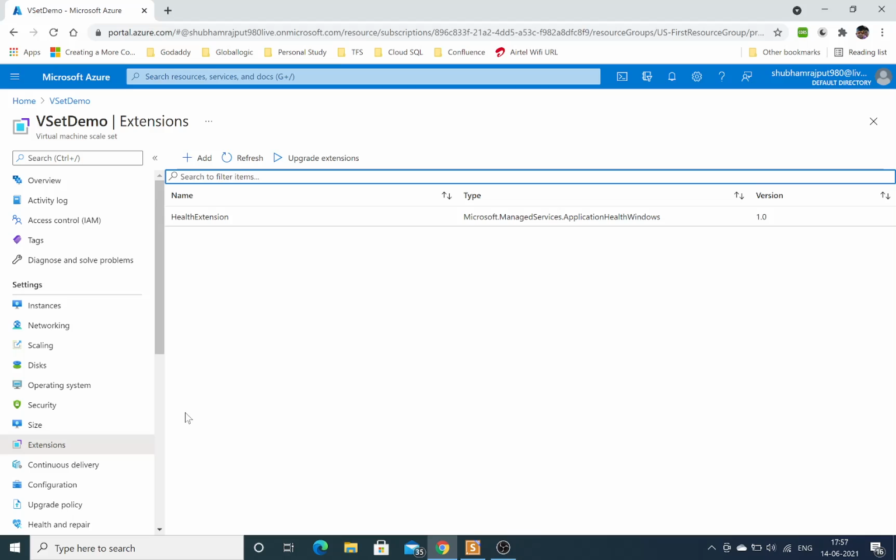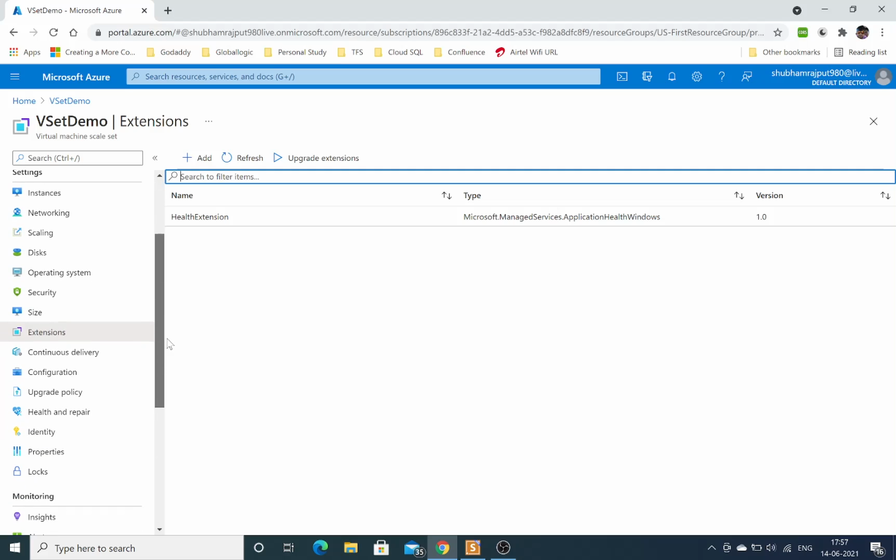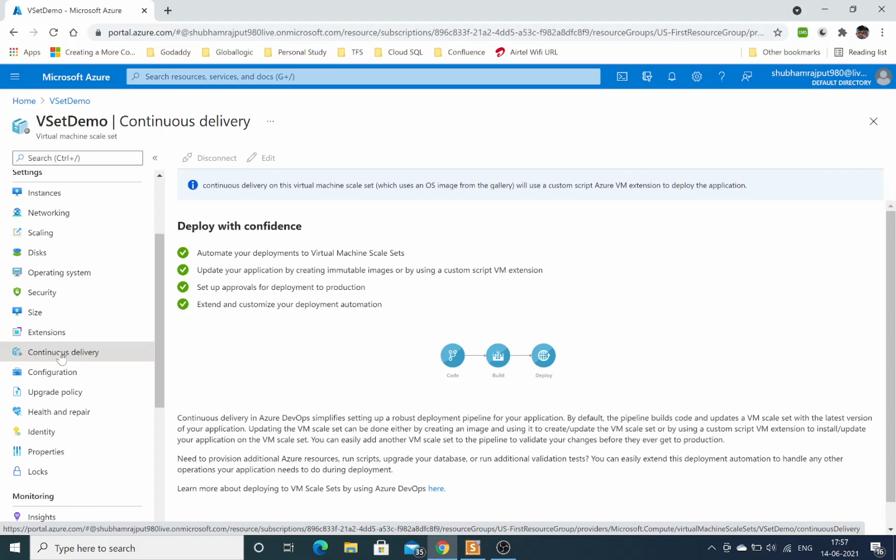Extensions: if you have already installed any extension, or otherwise you can add one from here. At the time of booting up, the new extension will be installed automatically. Continuous delivery is basically for DevOps purposes: directly build your code and publish it to the customer end, a CD pipeline basically.